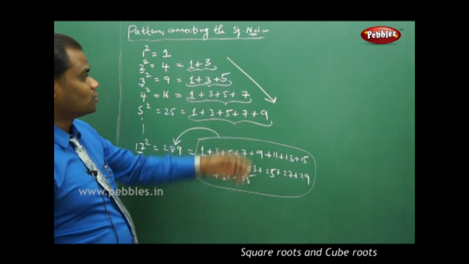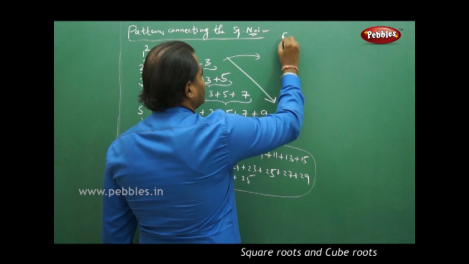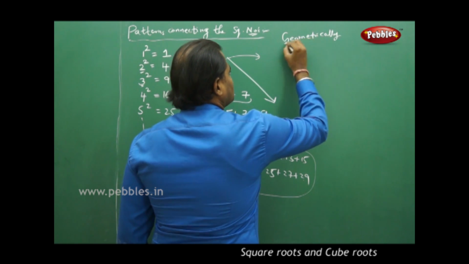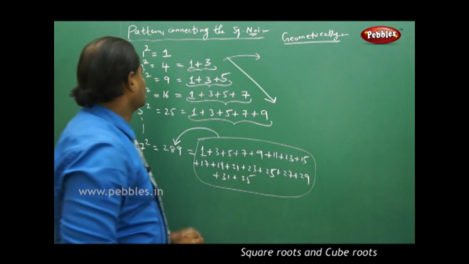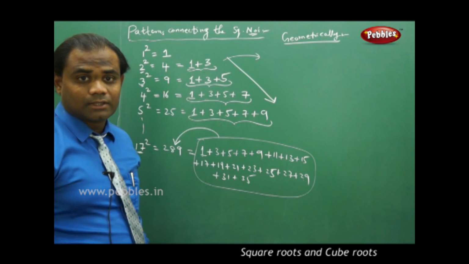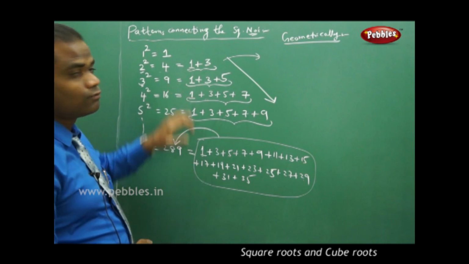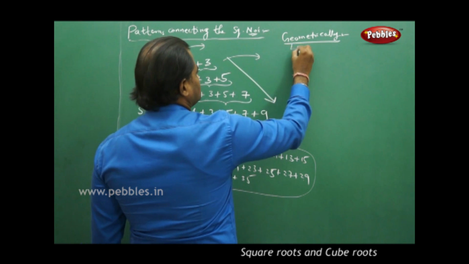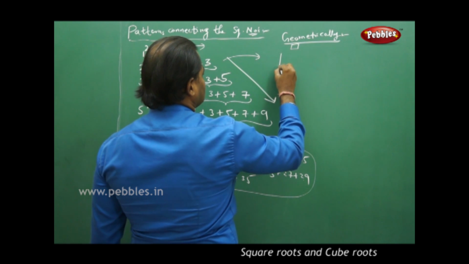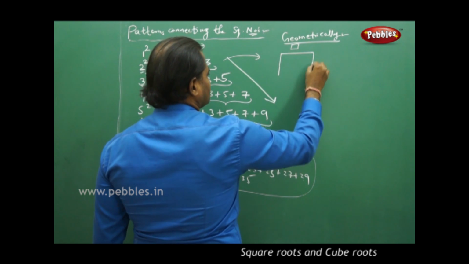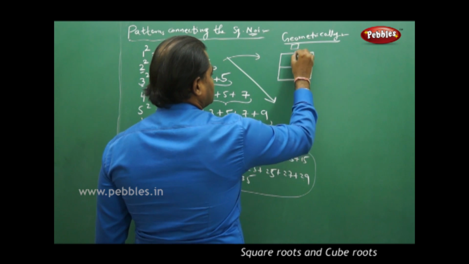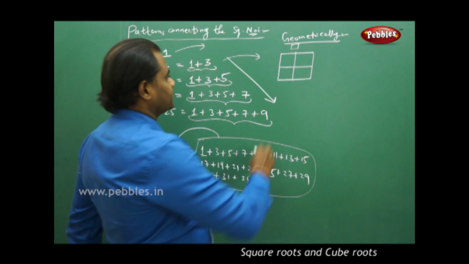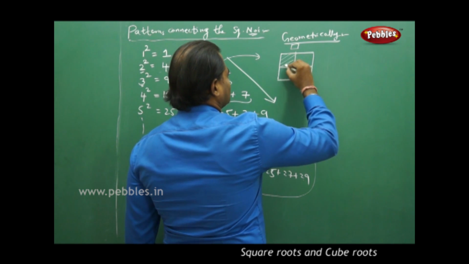Now how do I understand this geometrically? If I wanted to understand this geometrically, how do I do that? So how do I geometrically understand that 2 square is 4, which is 1 plus 3? We have already dealt with 2 square being 4 as a square number, as I have seen here. With 1 square it is 1 square, but with 2 square it is a square split into 2 units. Then I understand that here it is a splitting of 1 and 3,